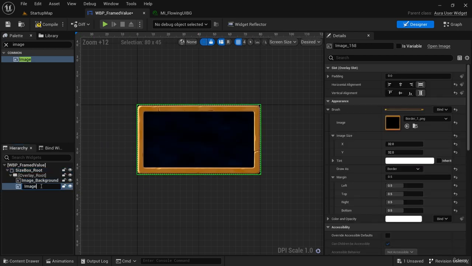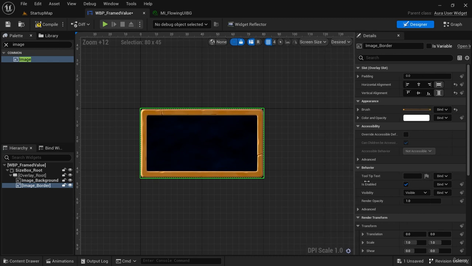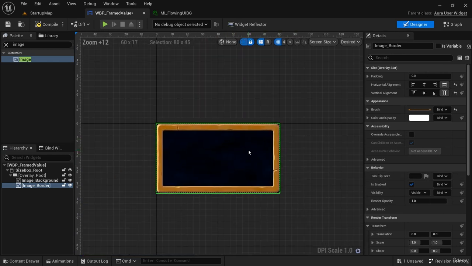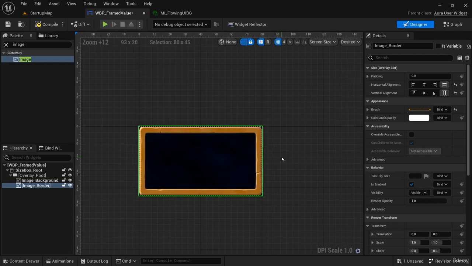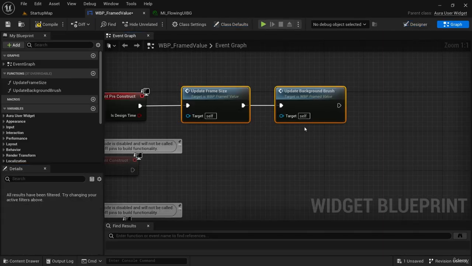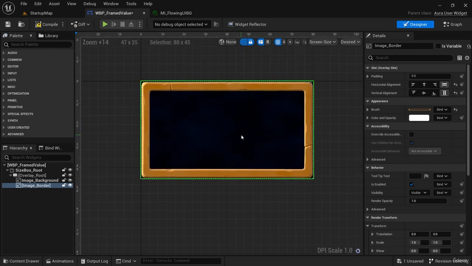I'm going to rename this to image underscore border. And this can also be set as a parameter, but really I'm not going to parameterize this for now. I think that's something I'll come back to in the future. I don't want to make this have too many features if I'm not going to use them. So we know how to make variables and parameters using event preconstruct. We'll come back to that if we need to, but I'm going to move on because we need some text